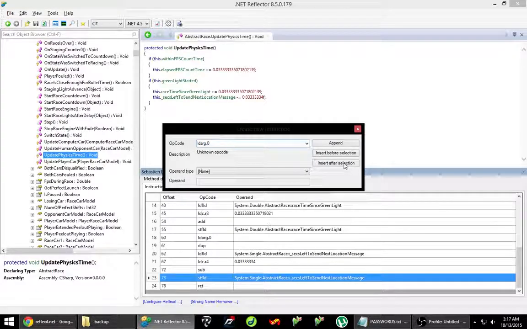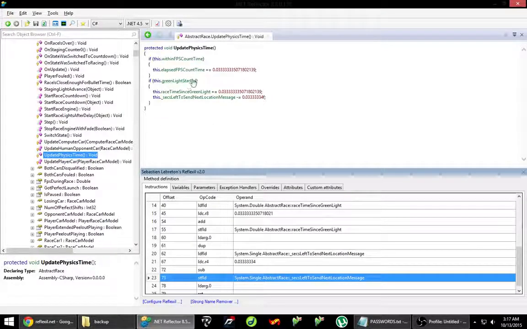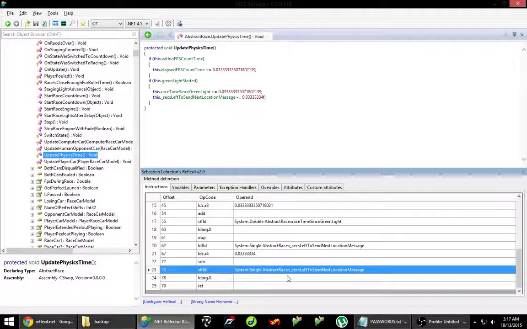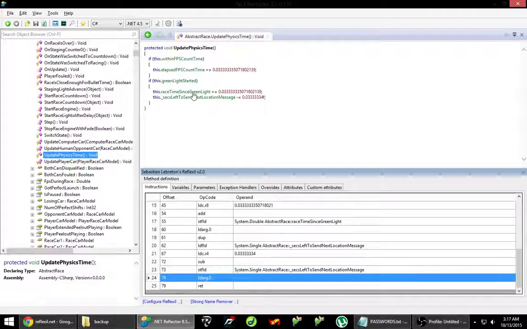So basically what you want to do is ld_arg.0, and you want to do it at the bottom because this is within this. And once green light started, this is auto launch, by the way. Once you have green light started,